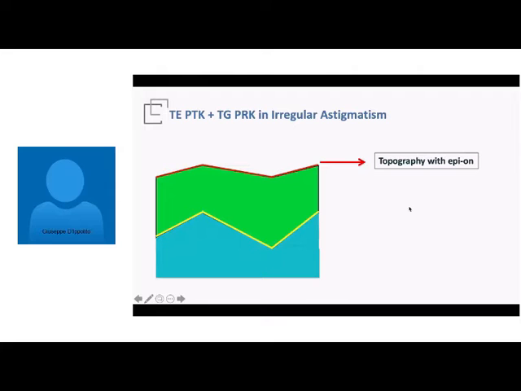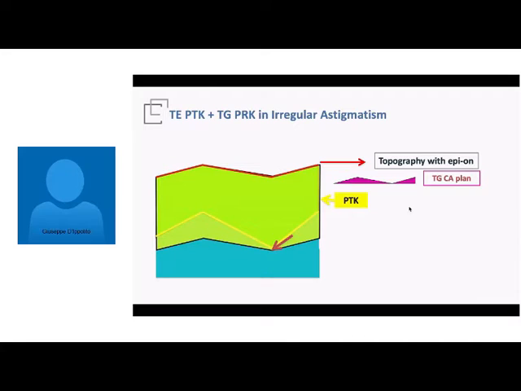So the situation is as such. Again, we take our topography and plan our topography guided custom ablation plan. Then we program our PTK by using the thickest point of the epithelium. So we make sure that our lamellar ablation